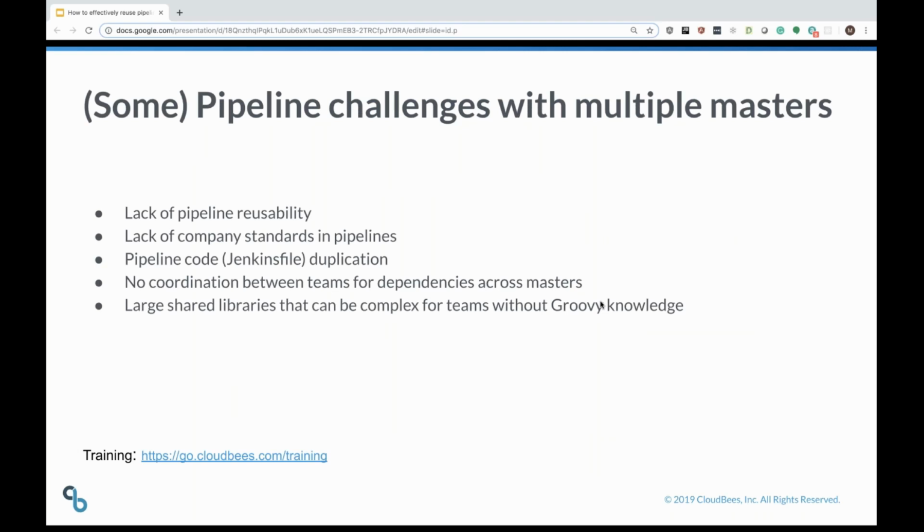So having multiple masters can also bring challenges. These are a few common challenges that you can see when adoption increases and more teams are onboarded on Core. First, we have lack of pipeline reusability. In this case, Jenkinsfiles are only written for a specific application without thinking about how they can be reused by other teams. Then we have lack of company standards, where some applications just don't follow the company-wide recommended CI/CD stages or practices. Then we have code duplication